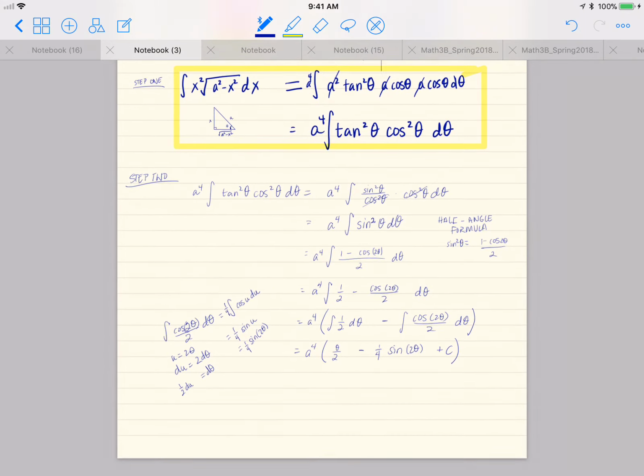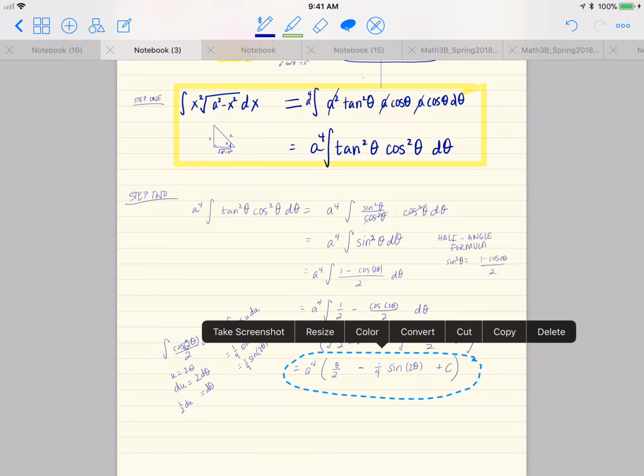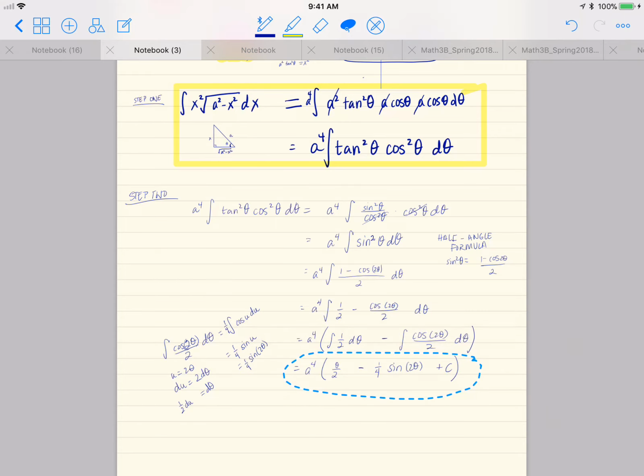And then step 3, well, actually, let's go ahead and write down here. Our conclusion is that a to the 4th